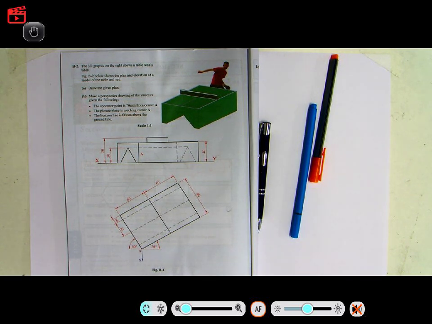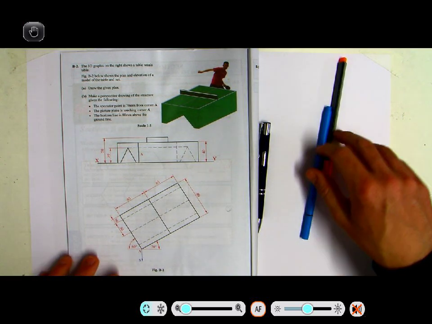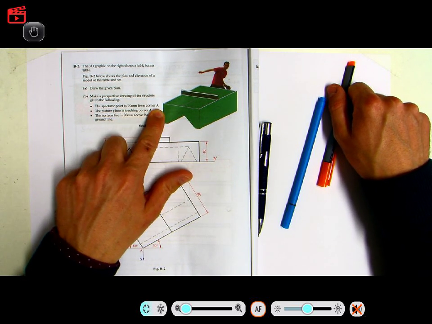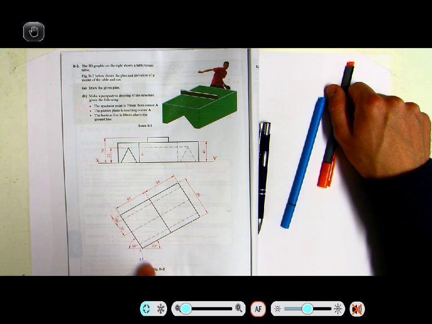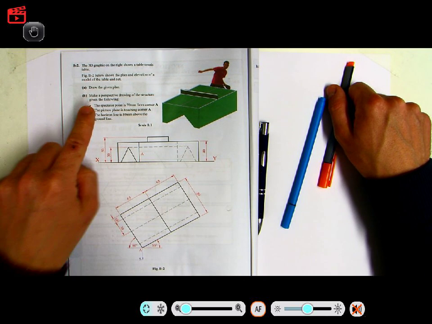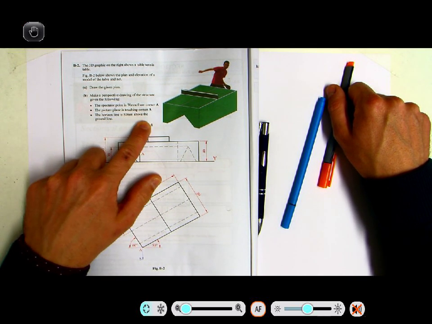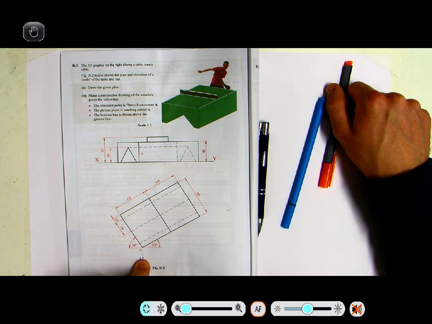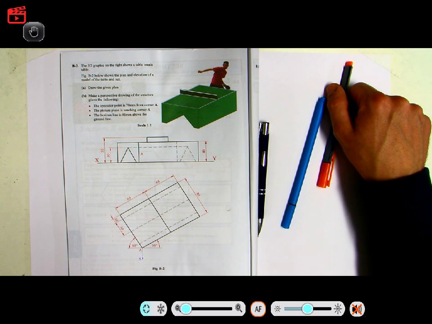Okay, so 2012 ordinary level, question B2, table tennis table, and it is perspective. Bits of information: the spectator point is 70 millimeters away from corner A. This is corner A here. The picture plane is touching corner A, and the horizon line is 80 millimeters above the ground line. The angle here is 30 degrees. 30 plus 90 is 120, or 60 degrees